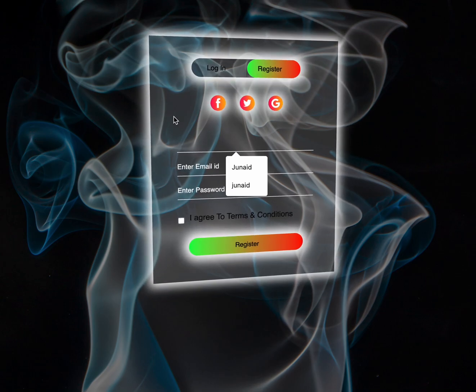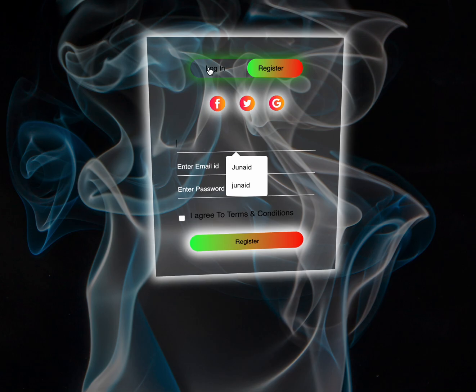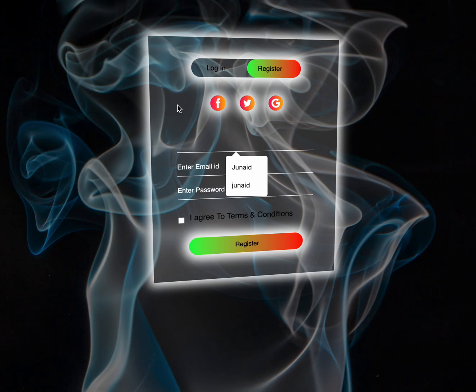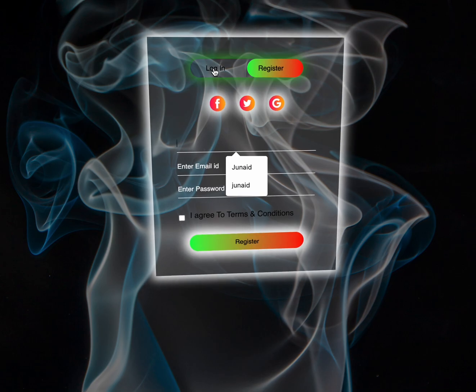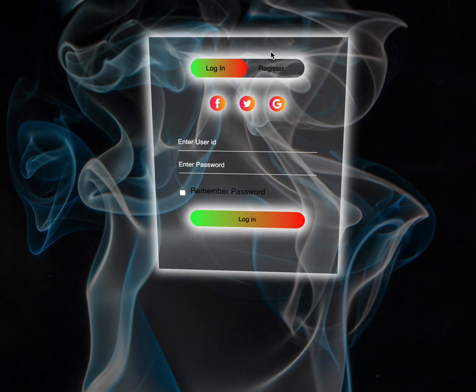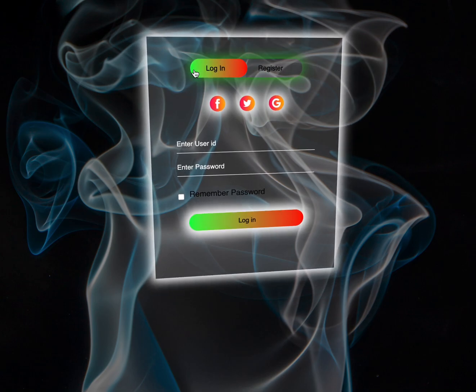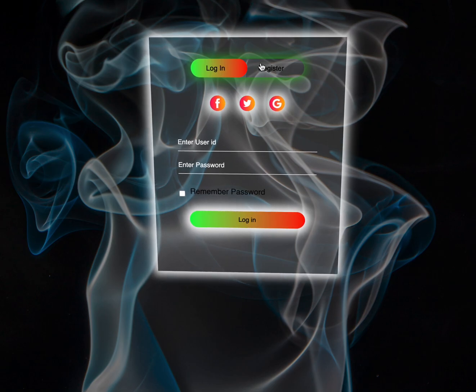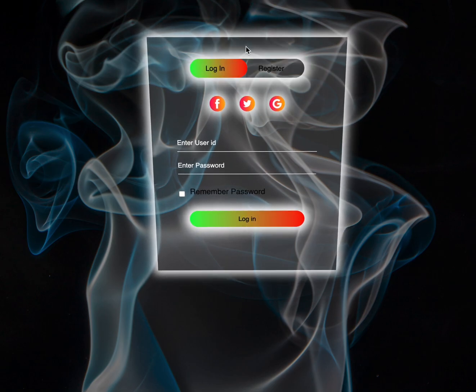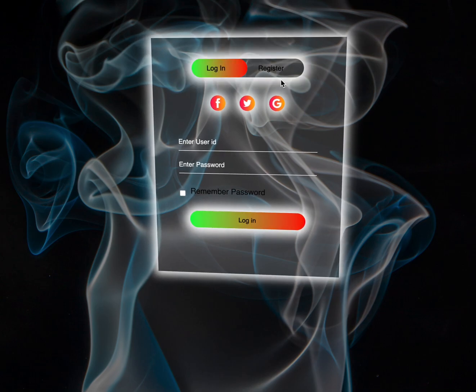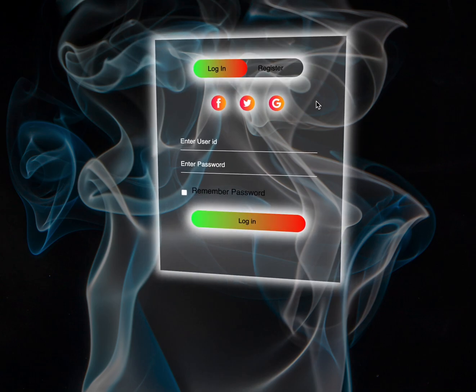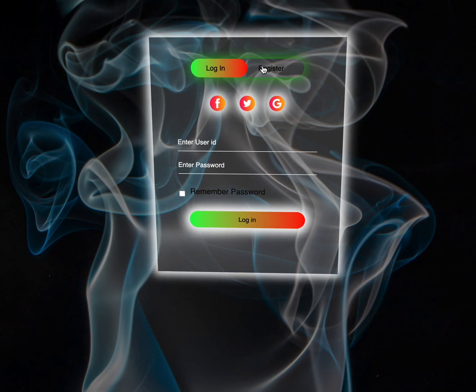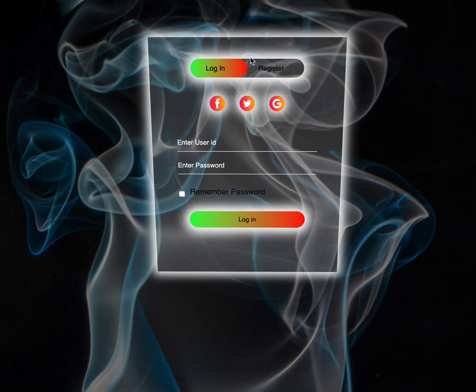Here you see the moment you hover the mouse, there is a greenish border coming up, and if you leave the mouse, there is a white glaze coming in, and if you click it now, it looks like this button is being slid. Actually, we have done the trick of getting the color here rather than this button. Okay, and when you leave the mouse, there is that white shadow coming up. So this is only the box shadow, where we actually change the box shadow on mouse hover and